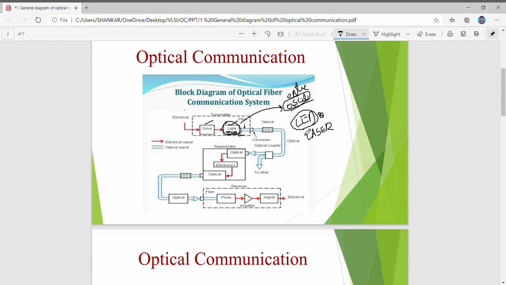If it is short distance communication, we can use the LED or laser, but for long distance communication,